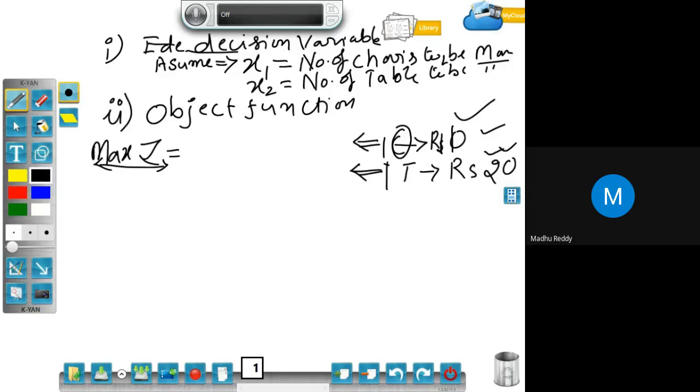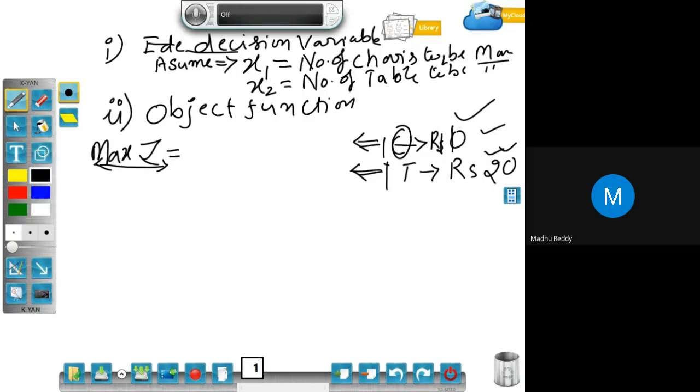Whether it is a maximization function or a minimization function is identified from the problem. In the problem, if they mention profit, yield, increase, or related things, we specify it as a maximization function. If the problem mentions decrease, loss, or related things, it is specified as a minimization function. So in the above problem, we know clearly he has given the profit gained by the manufacturer from one chair and one table. That is the reason we specify it as a maximization function.